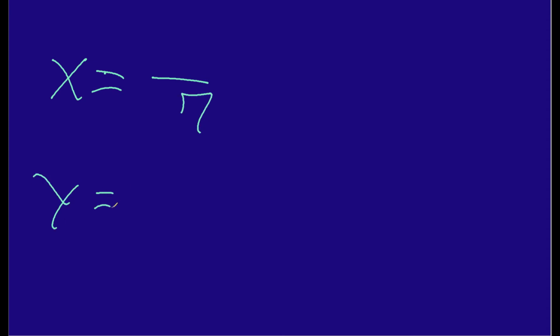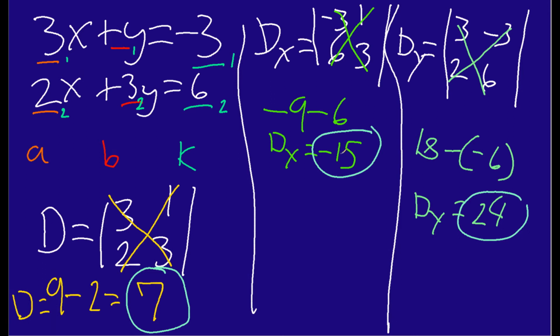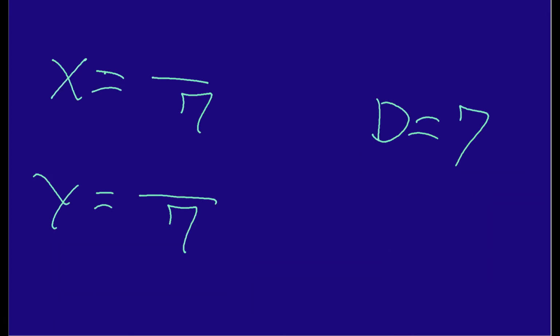My Y value, I know the bottom number is going to be 7 because if you remember, D equaled 7. Now for X, you can see that our value here is negative 15. So I put that value right here in the top, negative 15. And then for our Y, it was 24 in case you forgot. So this tells me very simply that my X is going to be, or let me write this as interval